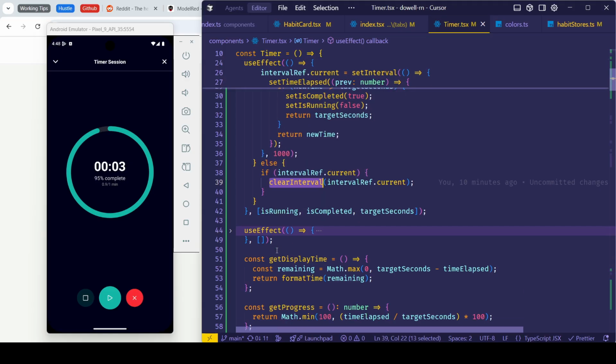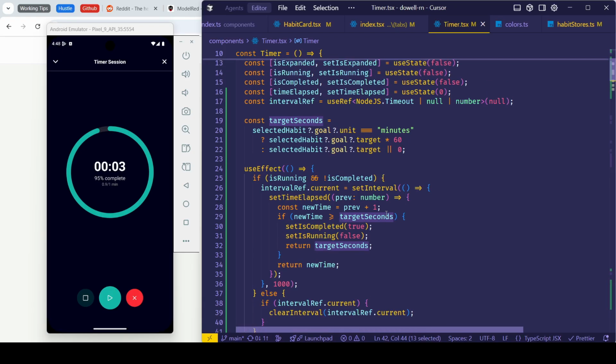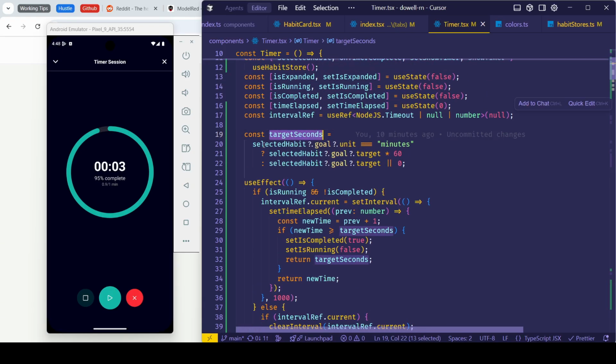Then you can set up the dependencies: the isRunning state, the isCompleted state, and the targetSeconds state. Target seconds is selected from the data of the goal's unit. Then if this is minutes, it will be set like this: the selected data habit goal target, then multiplied by 60.